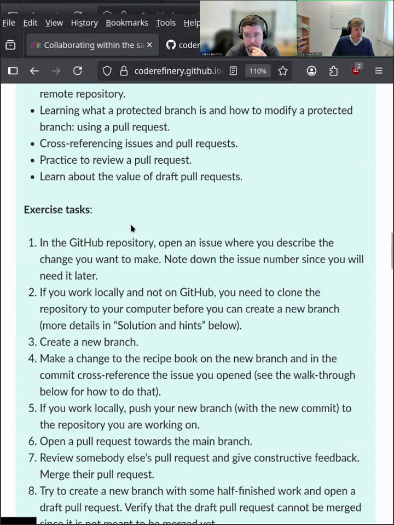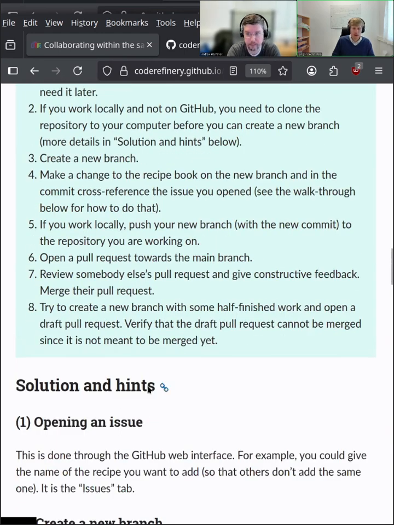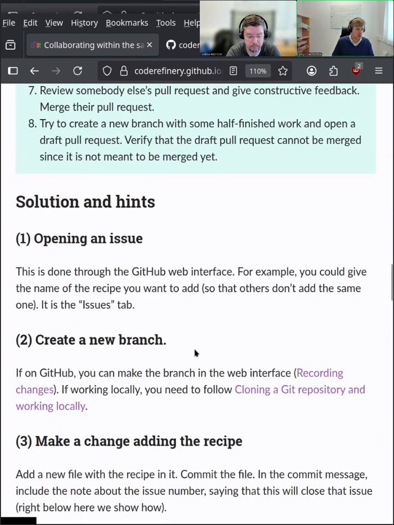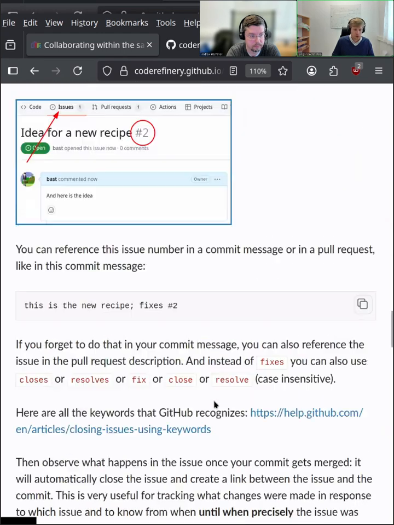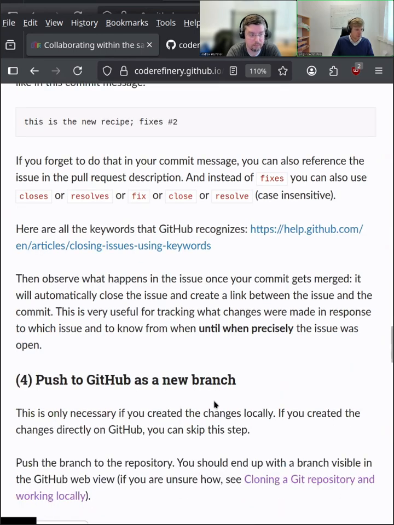The instructions are here, and you also find the solutions down here. Checking the solutions is not cheating, so please just have a look at the solutions and follow them in order to contribute. Is there anything else we should mention, or should we just go into the exercises? Andrew, did I forget anything? Not that I'm aware. That should be good.